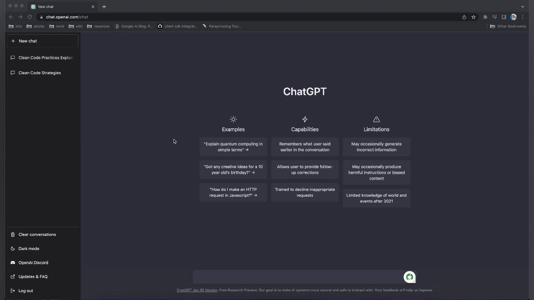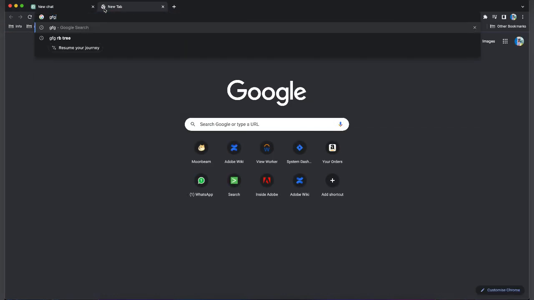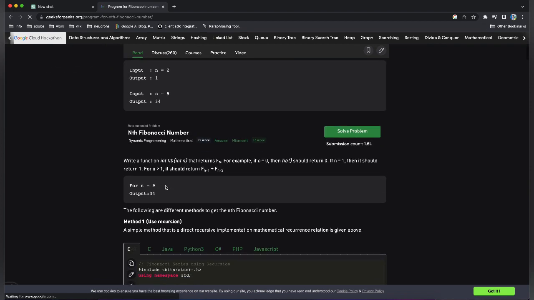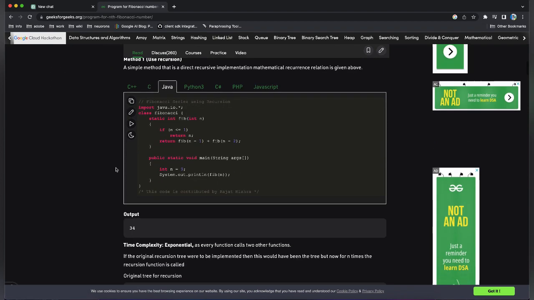आज हम लोग देखेंगे कि चैट जीपीटी से हम कैसे कोड एक्सप्लेन कर सकते हैं और समझ सकते हैं इजीली। सो इसके लिए हम एक काम करते हैं। कोई रैंडम कोड उठा लेते हैं गीक फॉर गीक से। लेट्स से फिबनाकी। ओके, इसमें से हम ले लेते हैं रिकर्जन वाला मेथड यूजिंग जावा।